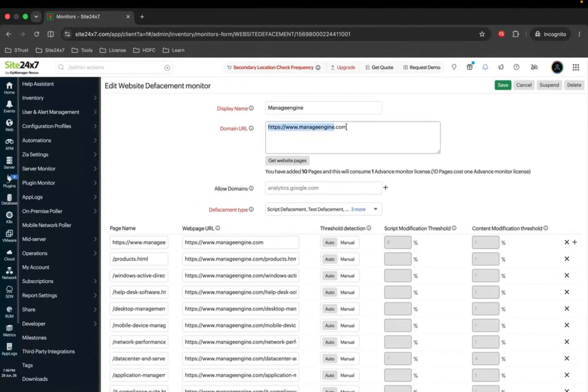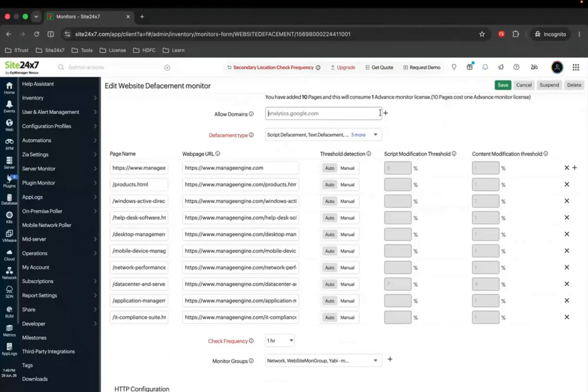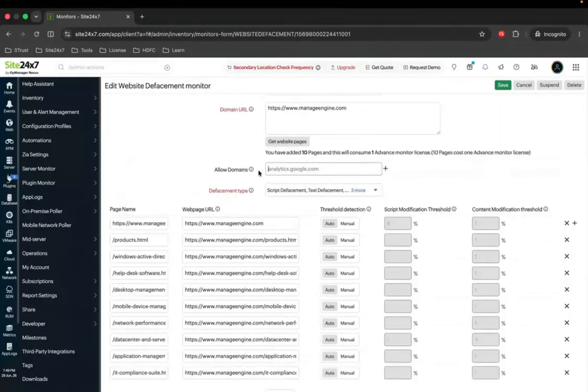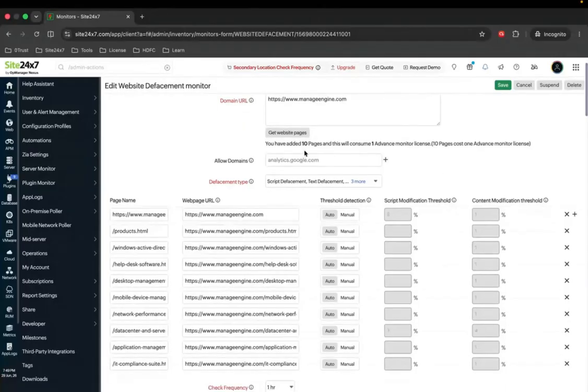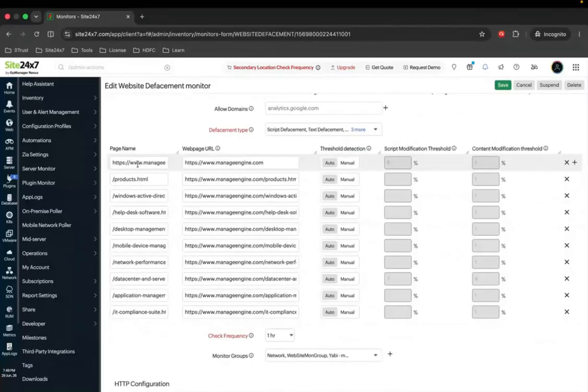And here in the configuration, we'll just add a domain, and we can configure which domains we have to allow. If you want to restrict anything, we can just exclude, then add only the allowed domains here. So we can add up to 10 pages. And so here, we are adding in the first URL as manageengine.com, and